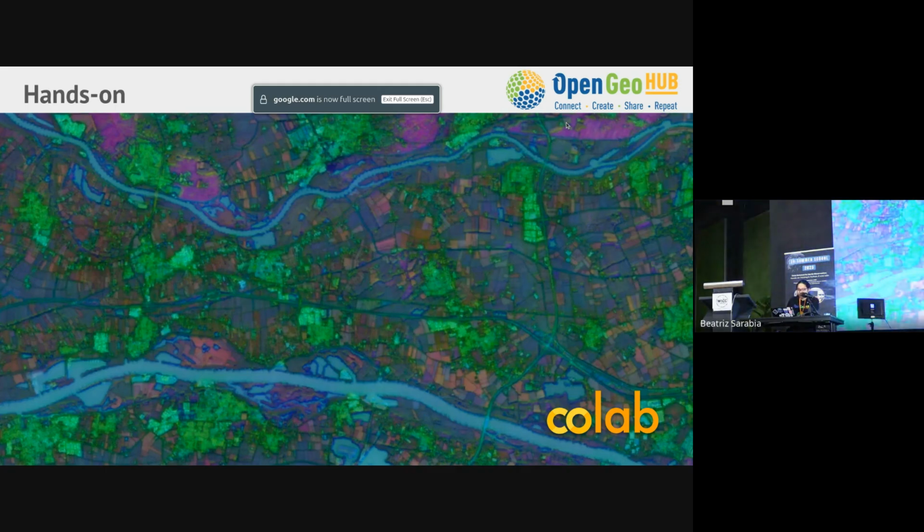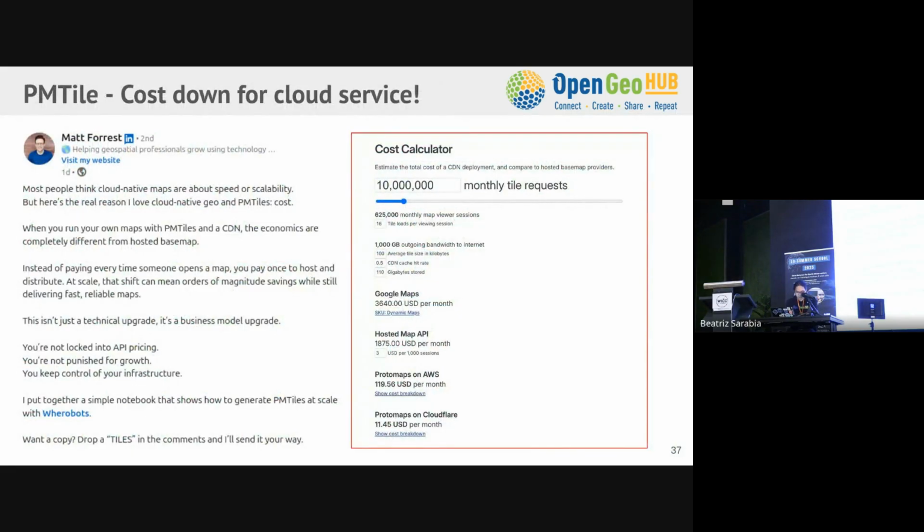So I hope everyone enjoyed a bit of this section. And if you have any more questions, because I didn't cover everything, you can just come to me. And the last thing I wanted to express a little bit is about open source development and how it actually has an impact in real life. This is a post from a person called Matt Doris, probably a well-known open source developer, who is comparing the cost of using cloud optimized